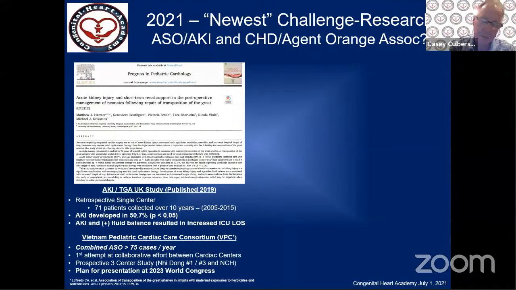Gil presented this paper as part of a transposition lecture he was doing at Congenital Heart Academy. He showed a UK study that had 71 patients collected over 10 years, and a little over half developed AKI. Well, as I was sitting there watching that, I thought, in Vietnam, the combined output of arterial switch operations is probably over 75 cases a year. So we put together this